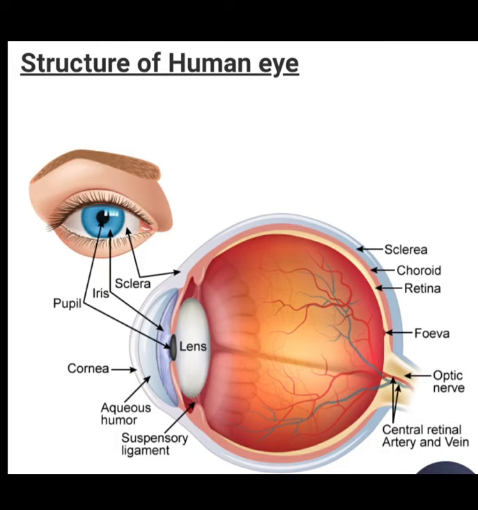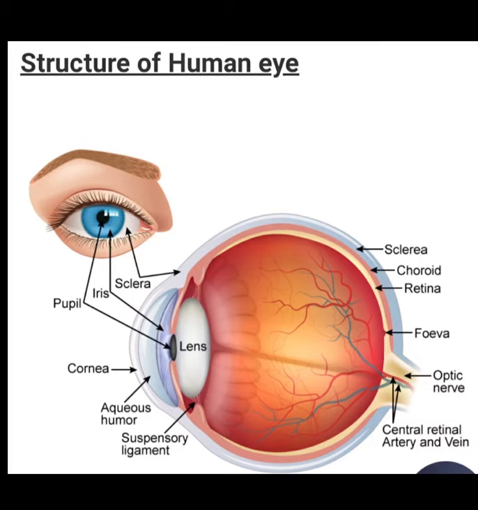Now, in some patients, the cornea, the transparent part of the sclera, becomes opaque or white, and as it becomes opaque, it becomes functionless. In those cases, this defective cornea is replaced by a healthy cornea from a donated eye.